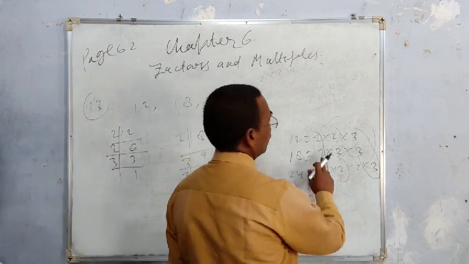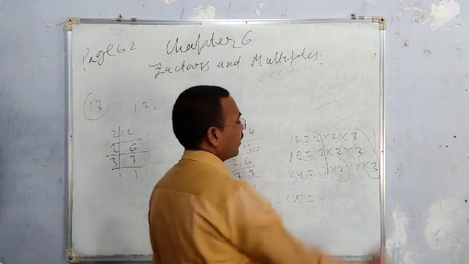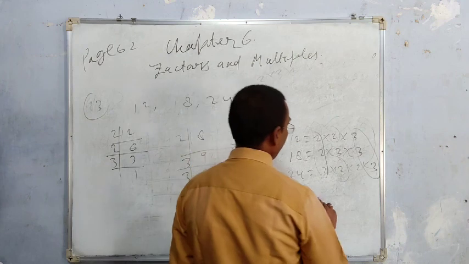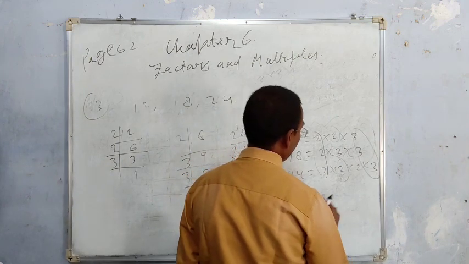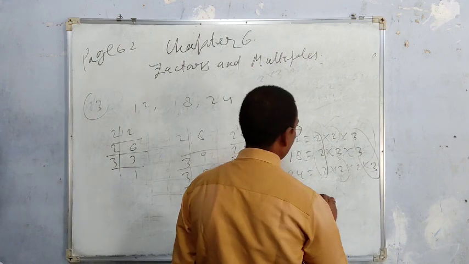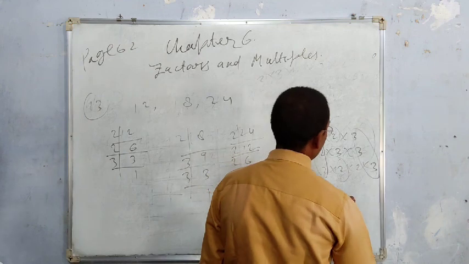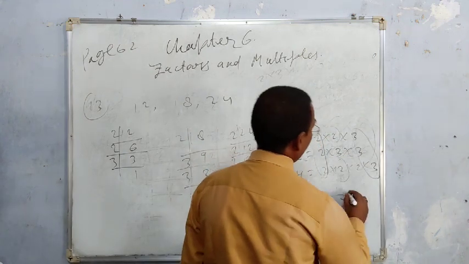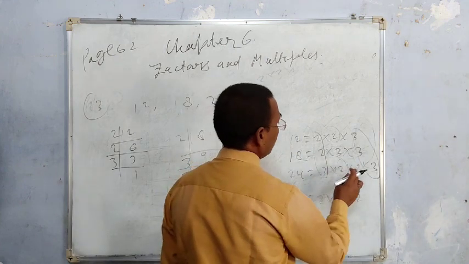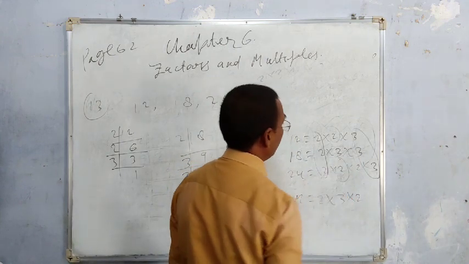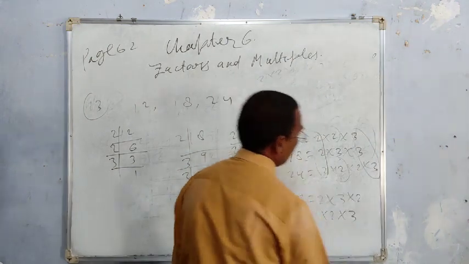Another way you can write: here see only 2 and 3 numbers are coming. Here 2 times, here 1 time, here 3 times. So you can multiply 2 three times. By that method you can use, or this method, 2 into 3 into 2, and what remains? This and this number, that is 2 and 3.